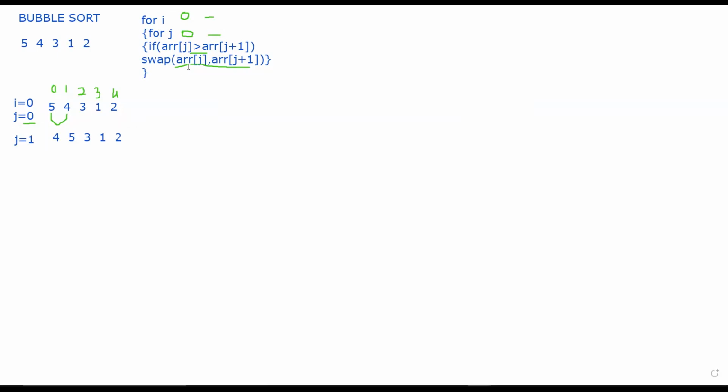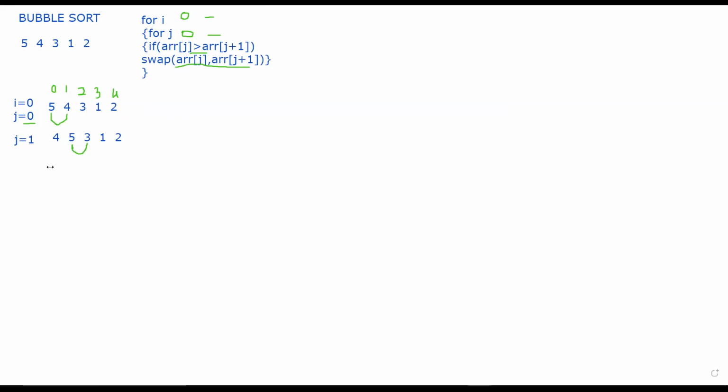So what will I be doing over here? My j has increased. Now for j equal to 1, the values of array of j and array of j plus 1 will change. Now array of 1 means which value? This 5, and array of 1 plus 1, that is index 2, means this 3. This is what I'm going to compare and swap.